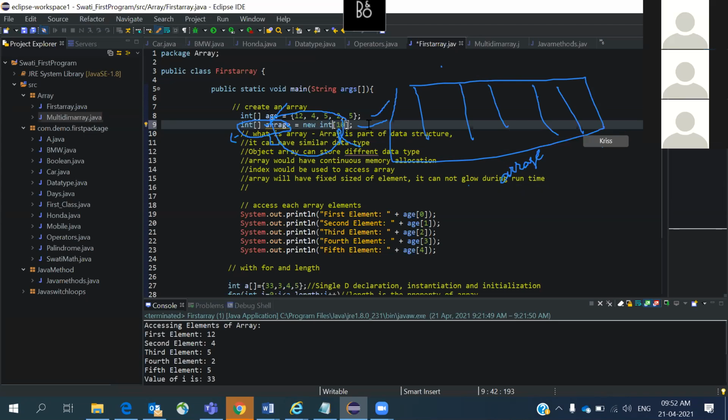Now how do I need to load these values into this? You have to give the value to each one of the indexes. Means array age index of 0 is equal to whatever value you want. That's it. So can you quickly do that one, Swati? Take array of 0 equal to, it's an int, right? So give it like 100, 200, 300, like that you can do it. Can you quickly write that one, please?